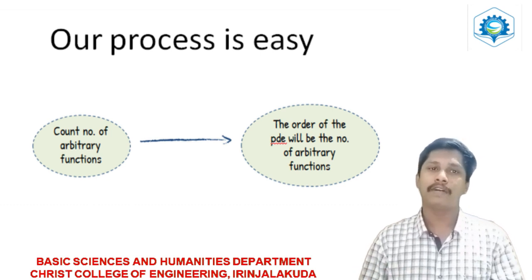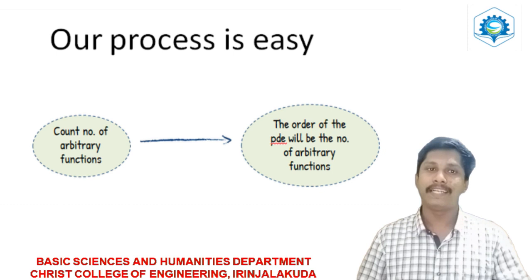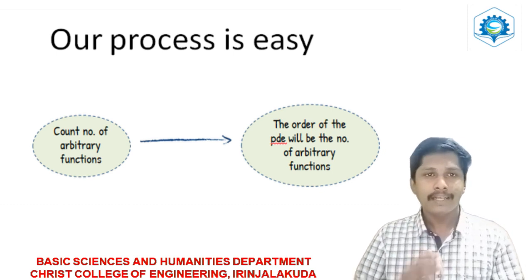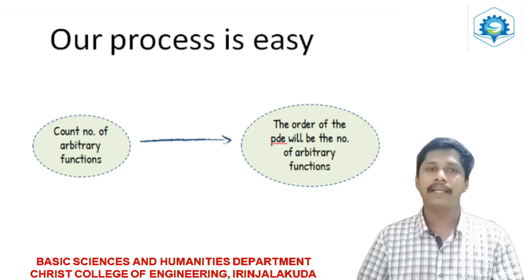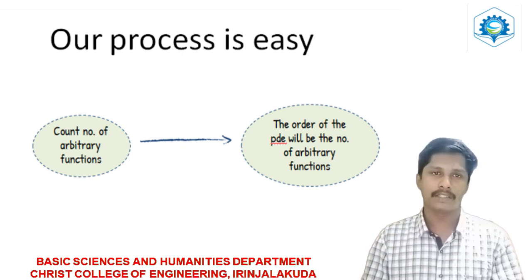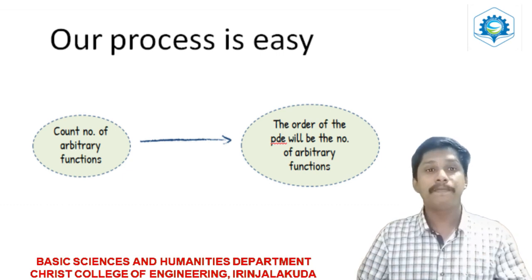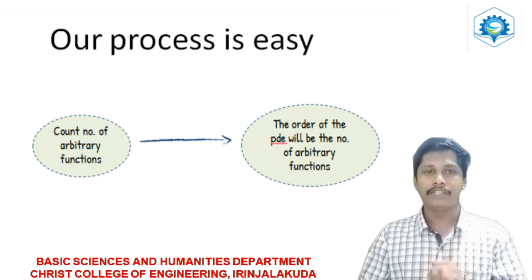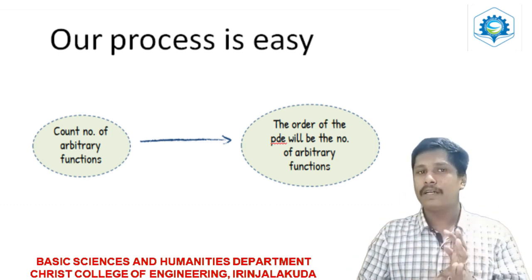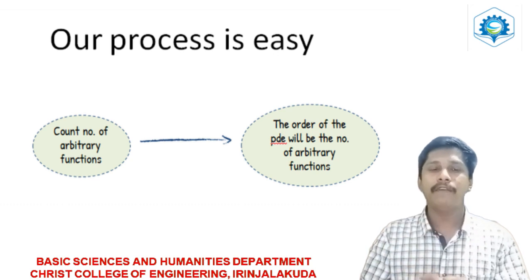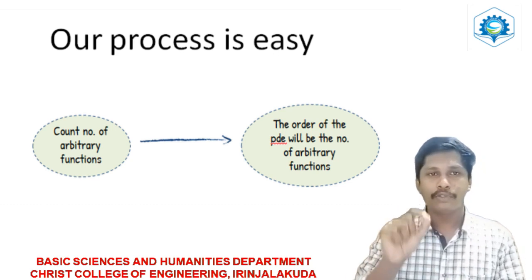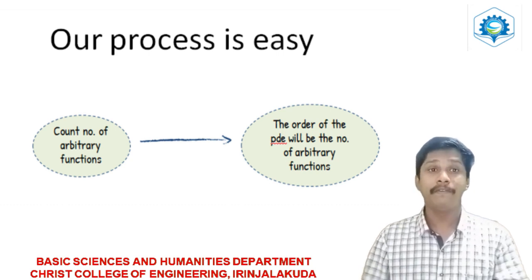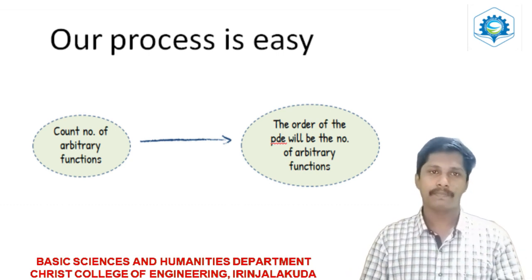If it is greater than 1, find the higher derivatives. If it is equal to 1, find p and q and eliminate the function. Keep in mind that your aim is to eliminate the arbitrary functions. There is no specific method or rule to eliminate that function. Only one condition: if your relation contains only one arbitrary function, you should use only p and q. Otherwise, you can use higher order derivatives in any order as you like.